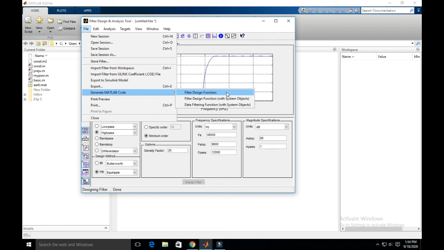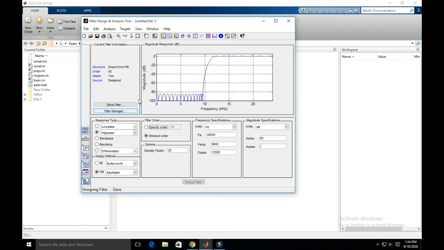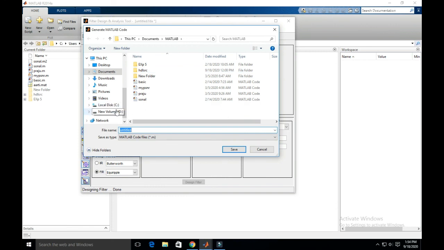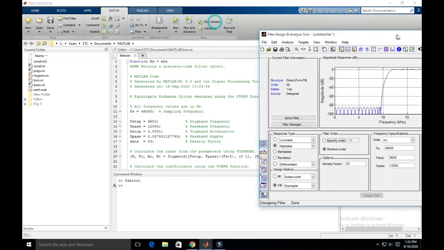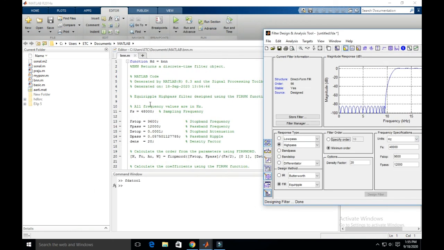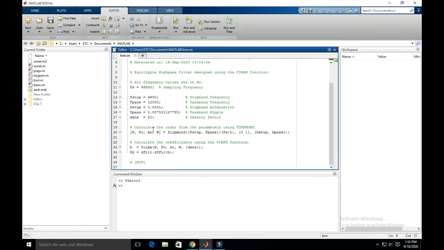I will select any path. You can see this is the filter design function MATLAB code. Whatever values we have taken, those values come directly into the MATLAB code.